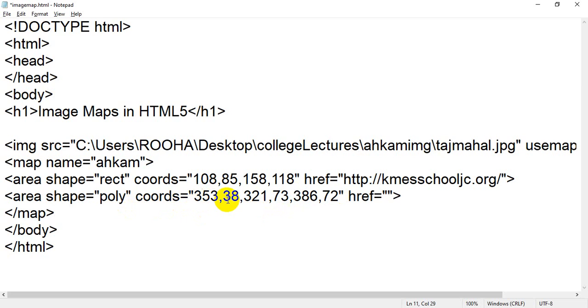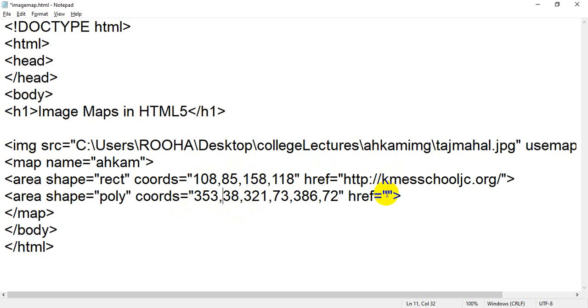Minimum 3 points you have to take, so it will be 6 values. In a rectangle you have to take only 2 points, so you get 4 values, that is xy and xy. The first value will be the upper left and the second value will be the lower right, but in a polygon you can choose any 3 points or more of your choice.